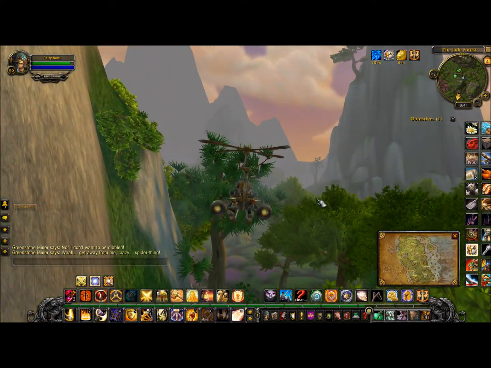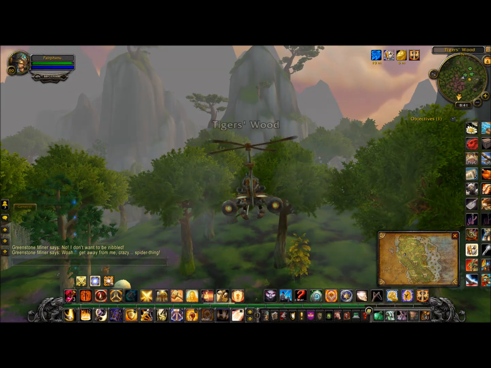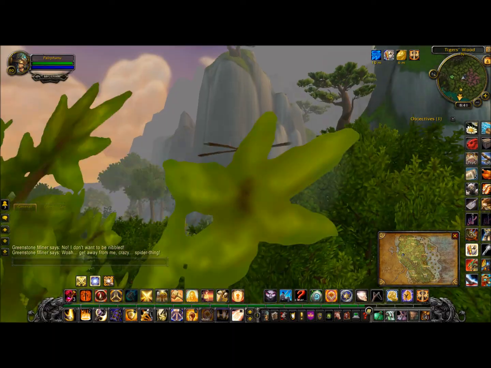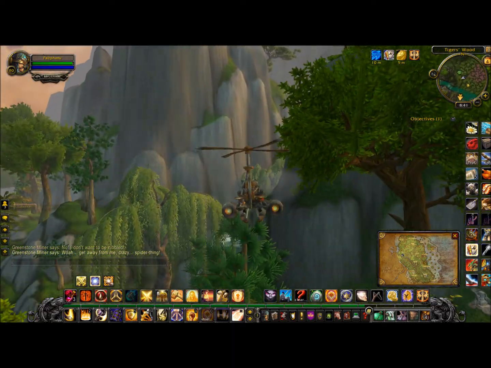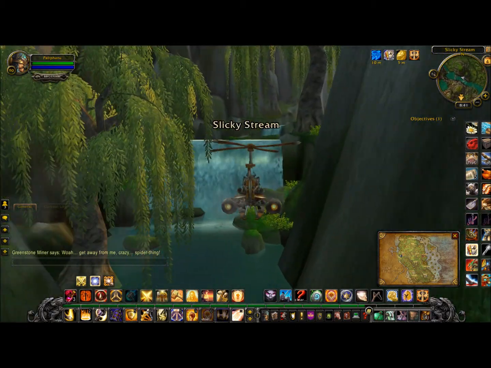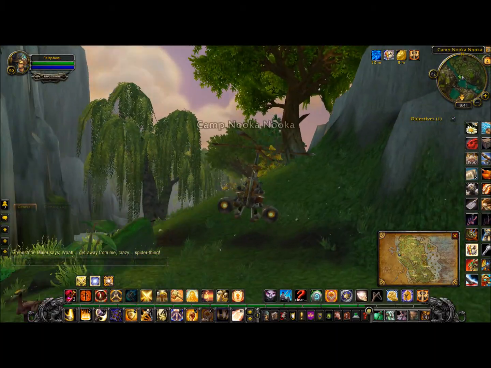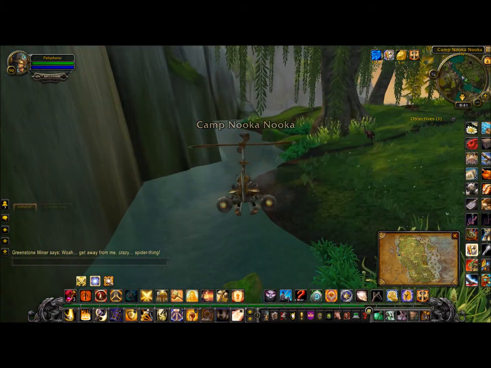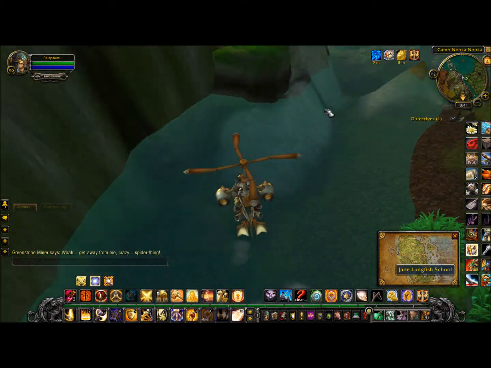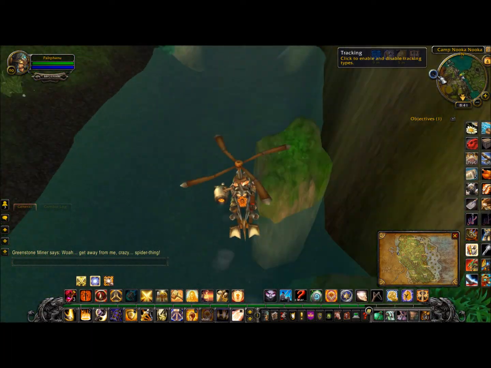And this one has a bit of a large spawning area, though I've seen it spawn a few times, and it's kind of spawned in the same area for me, but apparently it can spawn anywhere in this river, pretty much. All the way up here from Camp Nuka Nuka, I believe it is. Yeah, Camp Nuka Nuka. It can spawn anywhere in this river, which is a bit annoying if you're farming for it, but